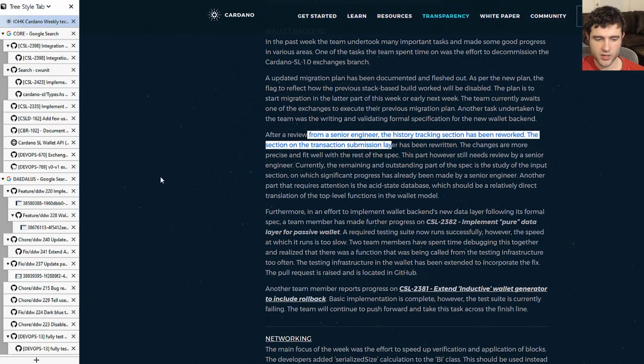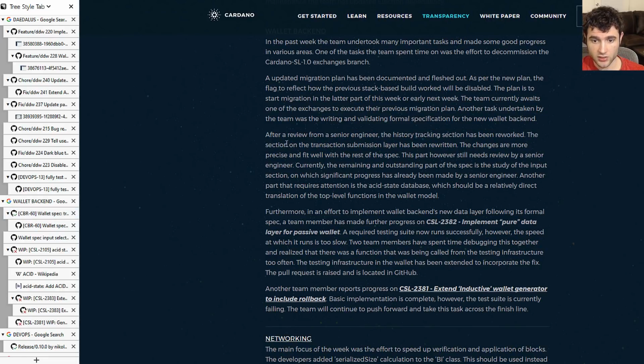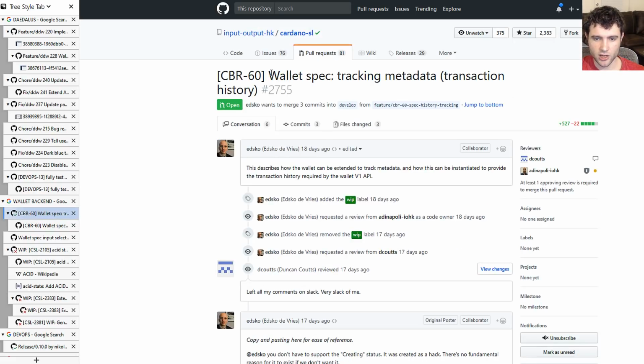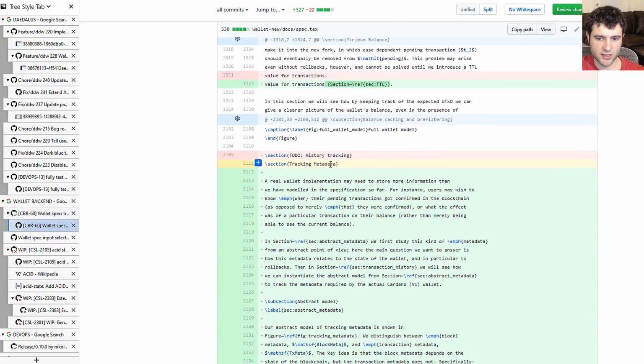Yeah, next up they're talking about the wallet spec. So as you know, they've been rewriting the wallet to conform to a new specification, a new formally verified. I shouldn't say formally verified. It's formally specified, a laid out spec. And I've been showing this to you guys as they've been working on this over the past few months. So they're talking about the transaction submission layer. If you go to the wallet spec, they have a wallet spec for tracking metadata and transaction history. And you can check out the section they have right here